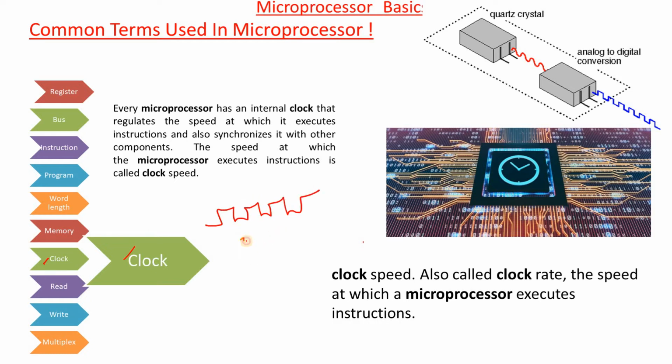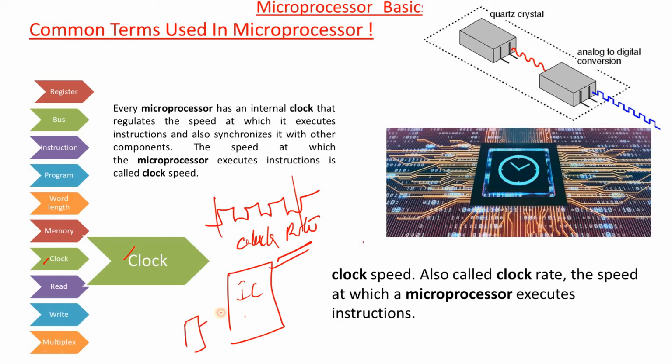So here we are going to find the clock rate also. Clock rate is defined as per second how many clock pulses we are going to generate from the external oscillator. For example, here an IC is there. Inside the IC, it always needs some clock pulses, but those clock pulses are generated from the external clock oscillator. That means the source is the external clock oscillator. This oscillator is called a crystal oscillator.